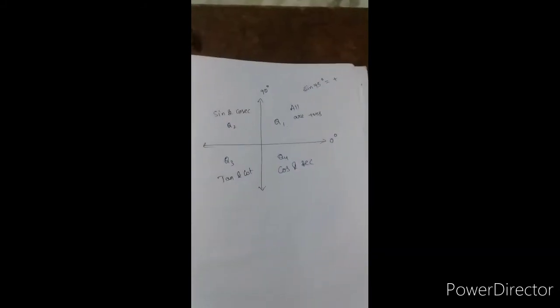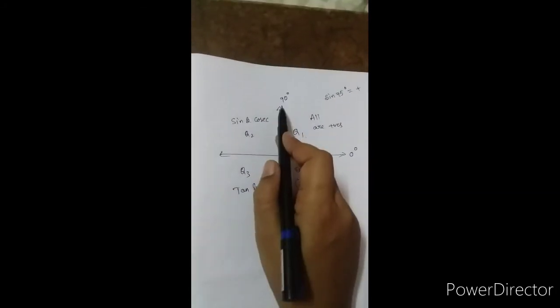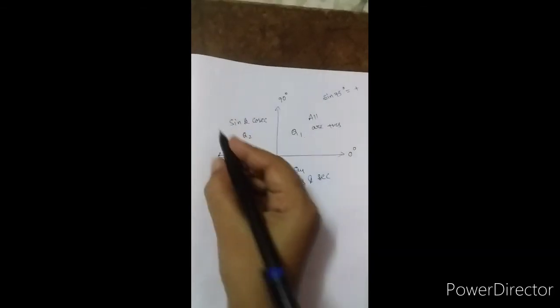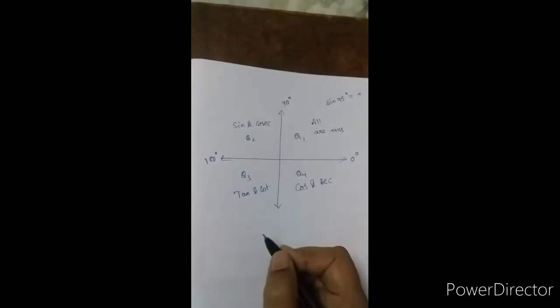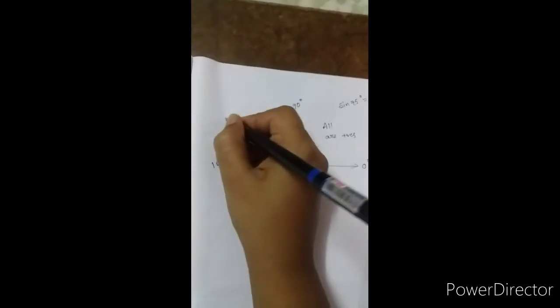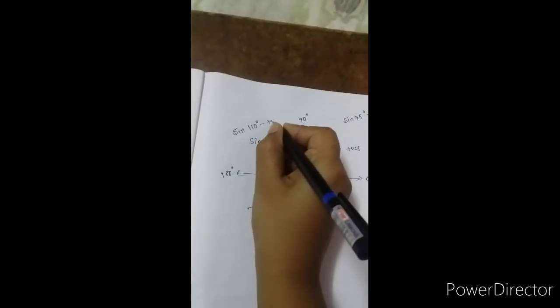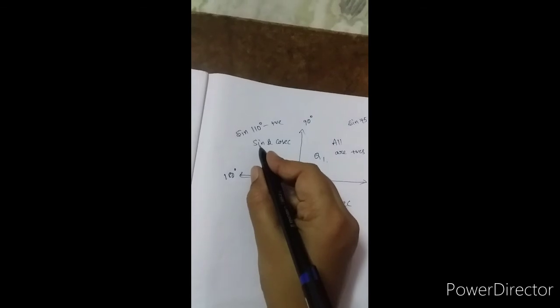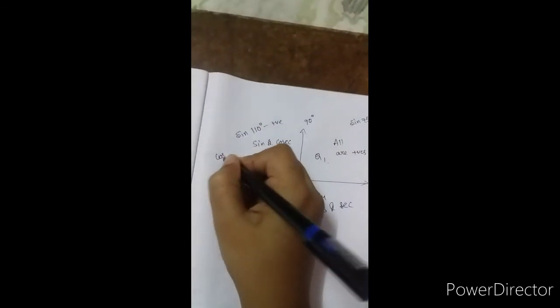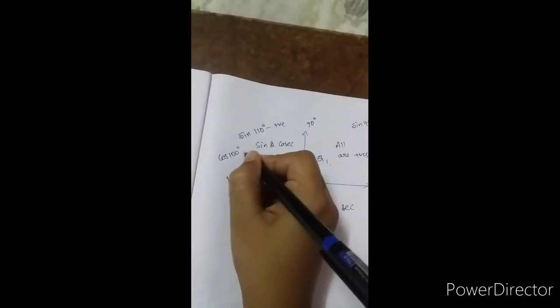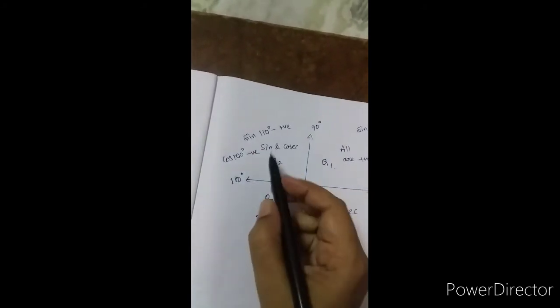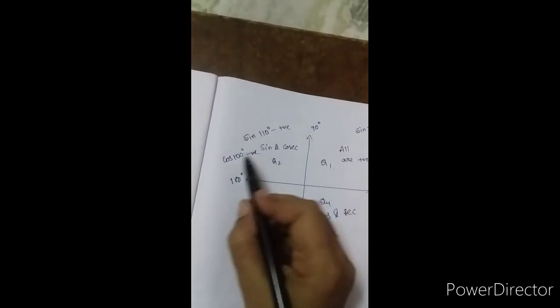In the same way, in quadrant 2, the angles are between 90 to 180 degrees. Okay. So that means sine 110 degrees will be positive because in quadrant 2 sine is positive, and cos 100 degrees will be negative because in quadrant 2 only sine and cosec are positive,